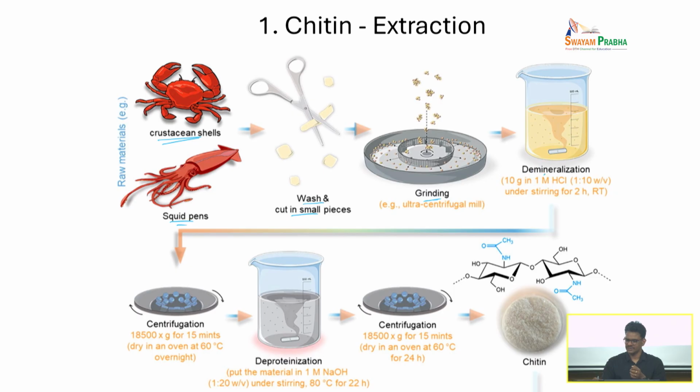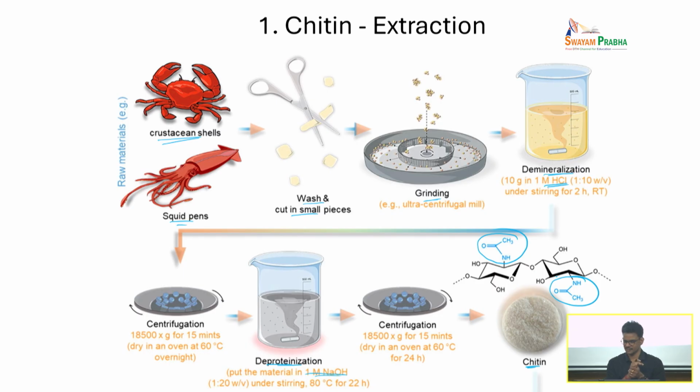And so here the first thing is to do what is called demineralization, which is basically washing with acid, 1 molar HCl added, and then at room temperature it is stirred, and then you centrifuge, separate the precipitate. And then the second process is deproteinization, for which you use an alkali treatment. So acid plus alkali treatment, and then again 1 more round of centrifugation, and the remaining precipitate that you get would be your chitin. As you can see, this is the acetylated